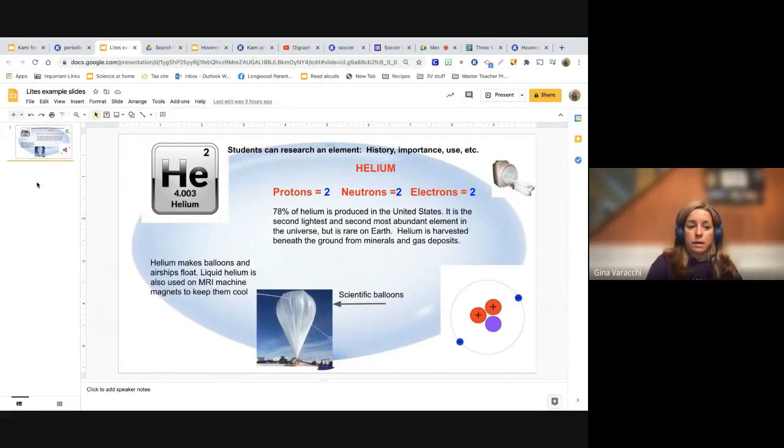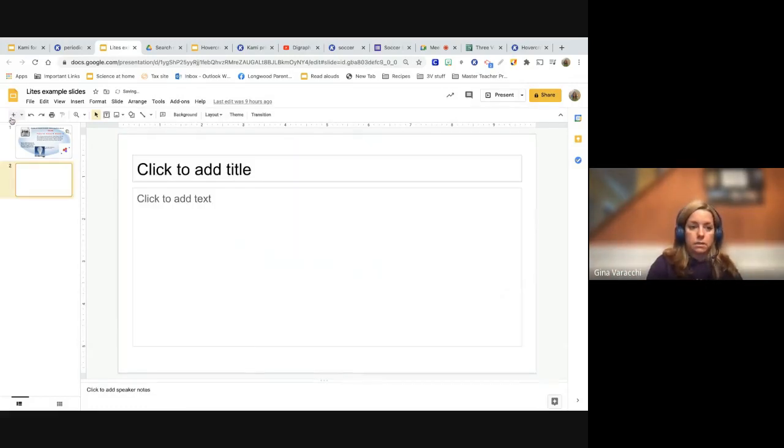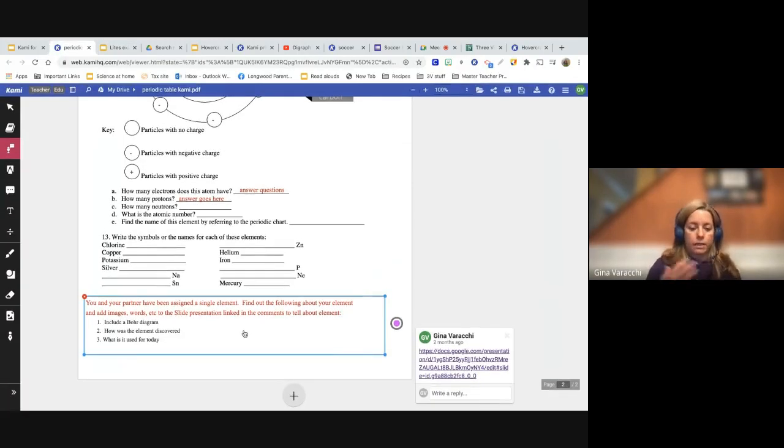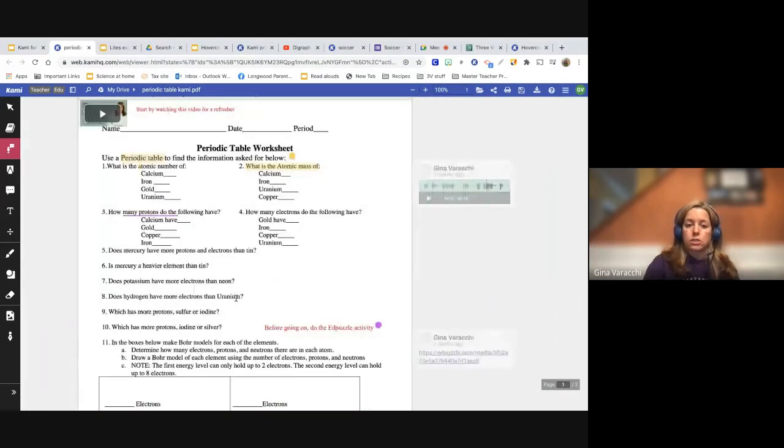So obviously the slide presentation would open up to all of the students, and the first group would work on this slide, second group would be working on this slide, third group on this slide, whatever. So this is just another way of taking Kami, making it a teaching tool, and bringing a project in. I showed you Edpuzzle, I showed you Flipgrid, I showed you a little bit of group work with Google Slides. So I just think these are different ways to kind of up the ante with Kami and